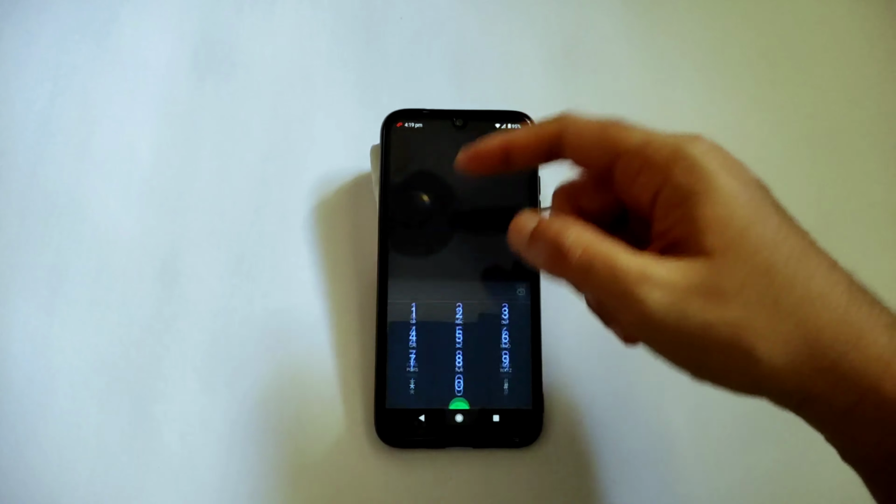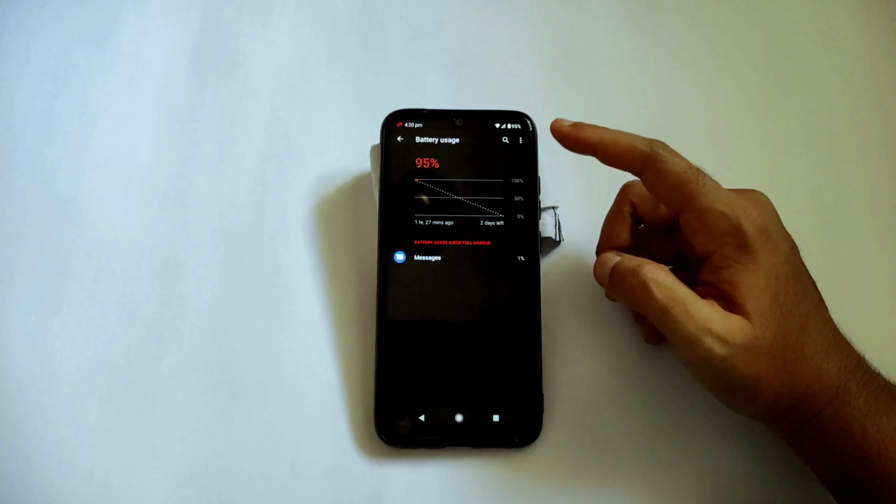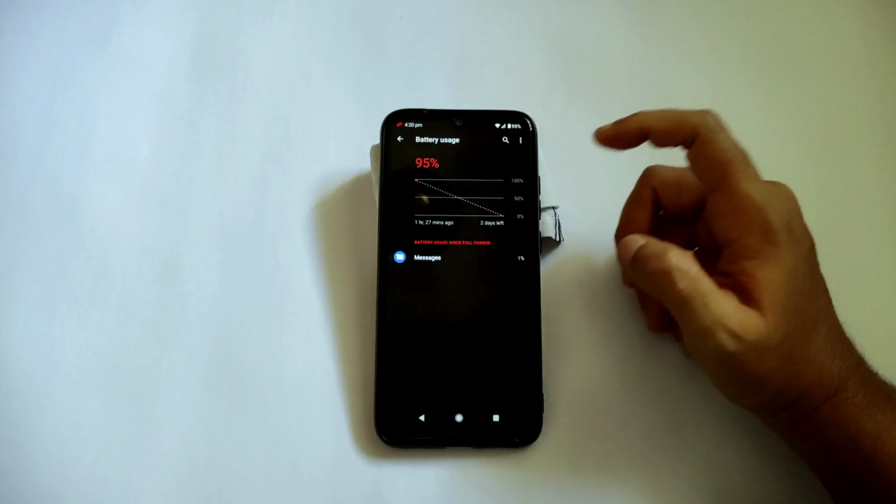And I will come back to battery settings. I will show you here. Display, it's okay. The battery settings is also very good. The idle battery drain is negligible, and I have recharged again. Let's see how long it will take. I will update it in the next ROM video if you want to know the battery usage on this ROM.